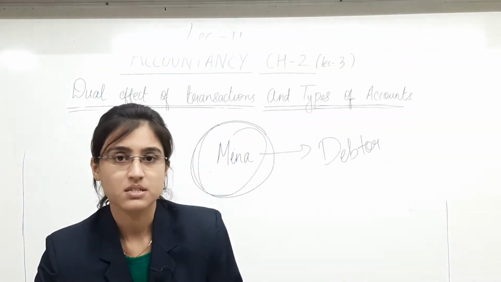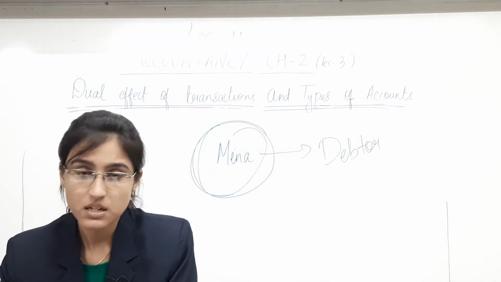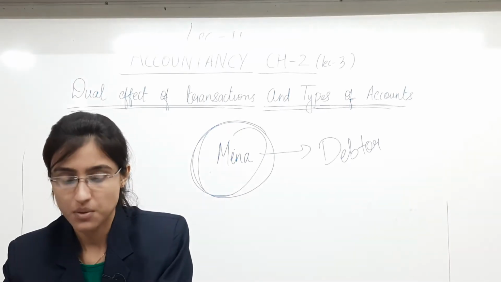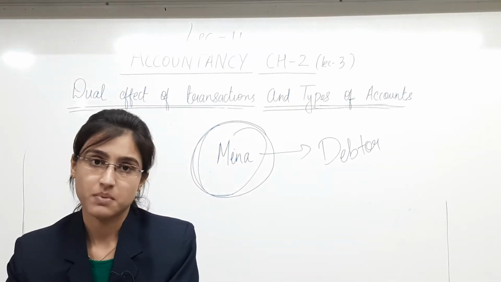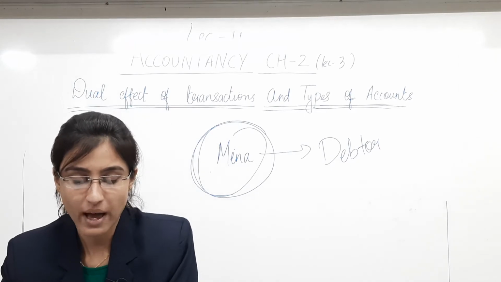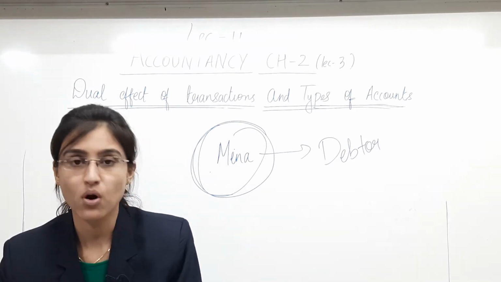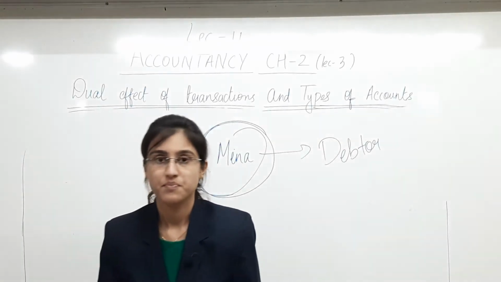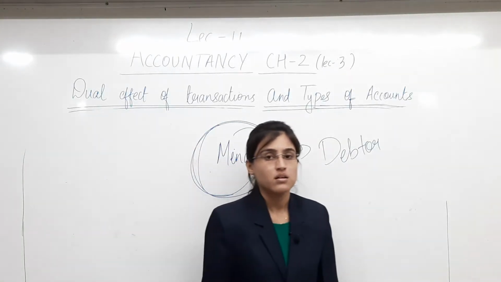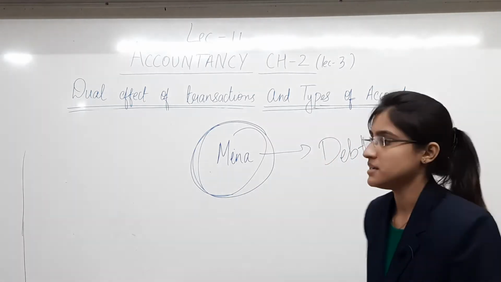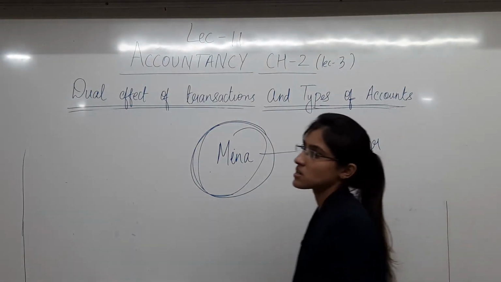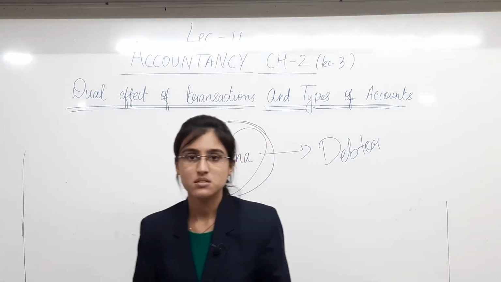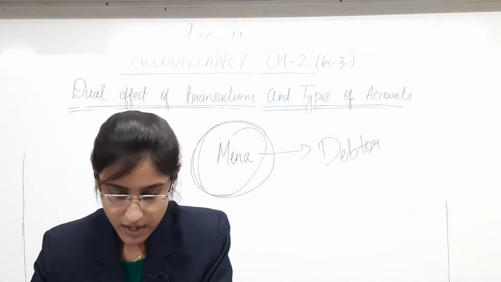Ninth transaction: rupees 3000 paid to Shah agency for advertisement. You have paid rupees 3000 for advertisement. Once you pay, the word paid clearly indicates that the transaction is a cash transaction. Yes? Moving ahead,